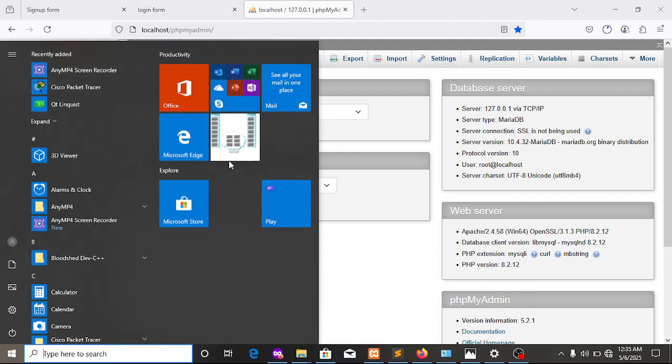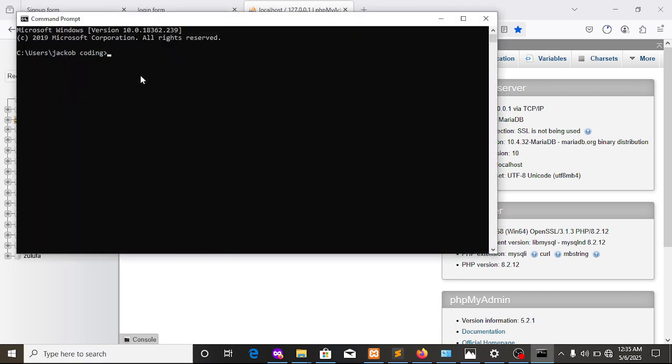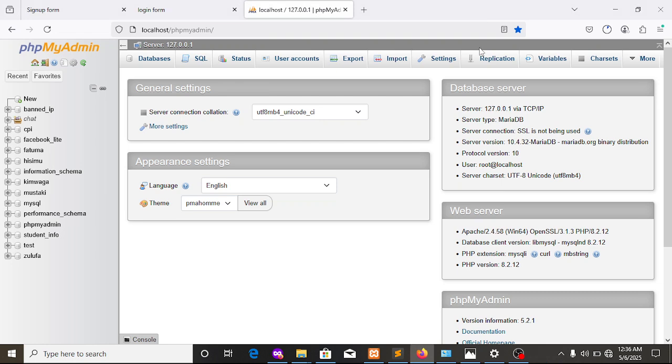You can open a command prompt, which is a command interface, and use a code. If you want that, let me know in the comments and I will create a tutorial on how to access MySQL using the command line, because I'm not teaching that right now. So without wasting time, I'm typing localhost/phpmyadmin, and it will bring us to this